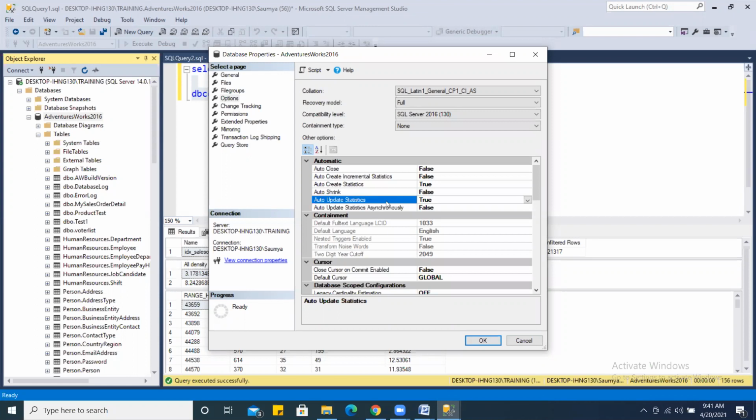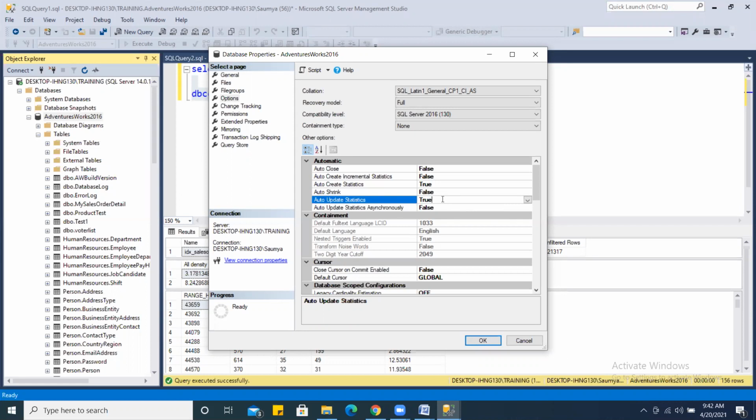So the query plan generation will take a lot of time, and you will see very slow execution of your query. This is the drawback of this option. But if you don't have a very large table, you are fine to go with auto update statistics.